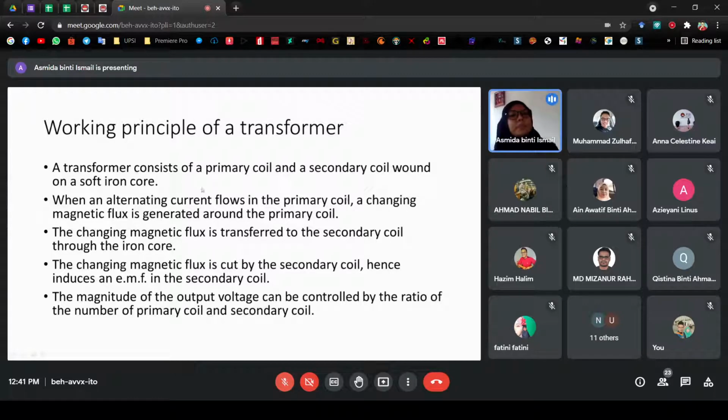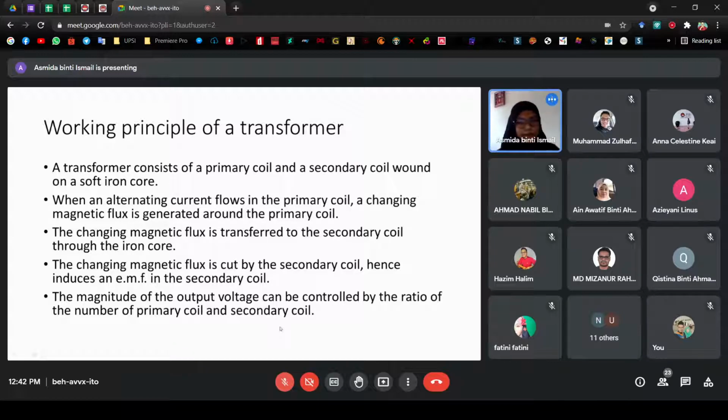Working principle of the transformer consists of the primary and secondary. When the alternating current flows in the primary, a changing magnetic flux is generated around the primary coil. The changing magnetic flux is transferred to the secondary through the iron core. The changing magnetic flux is cut by the secondary coil, hence inducing an electromotive force in the secondary coil. The magnitude of the output voltage can be controlled by the ratio of the number of turns of the primary coil and